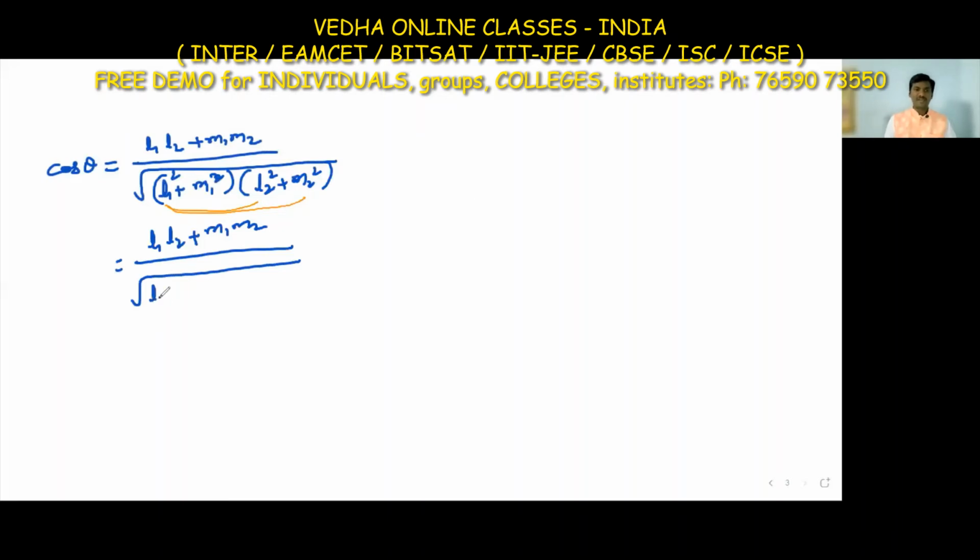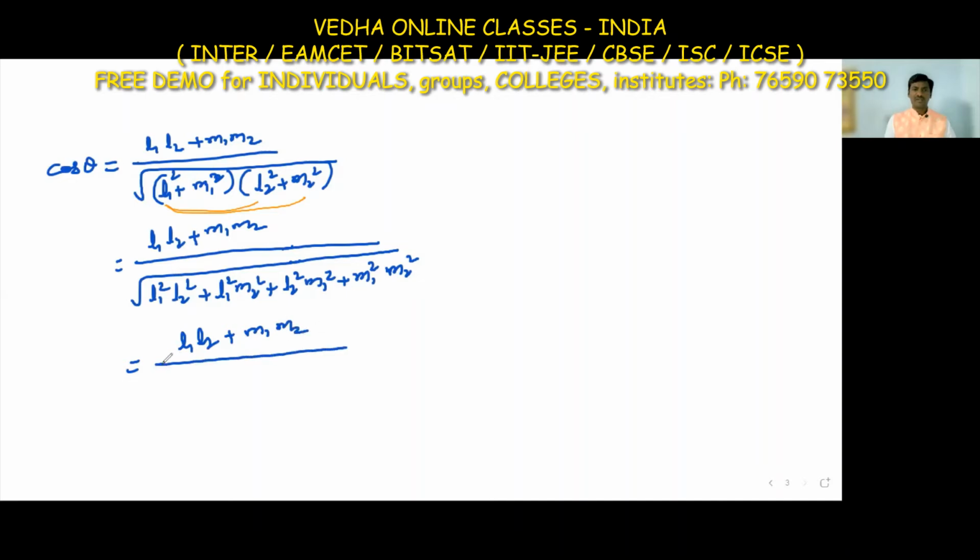So that is nothing but L1 square into L2 square plus L1 square into M2 square plus L2 square into M1 square plus M1 square into M2 square. Okay, so now this is equal to L1 into L2 plus M1 into M2 divided by